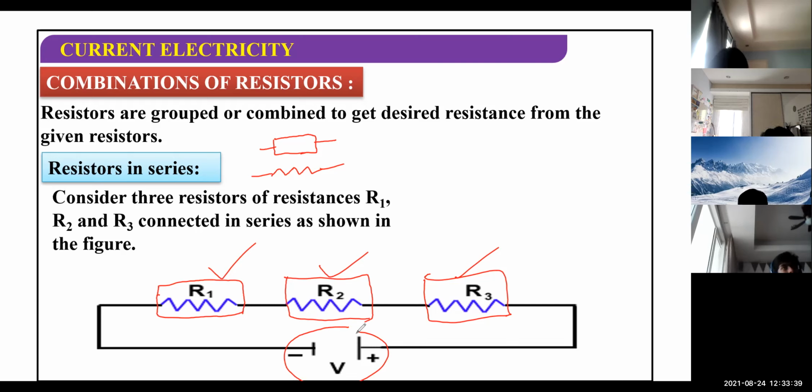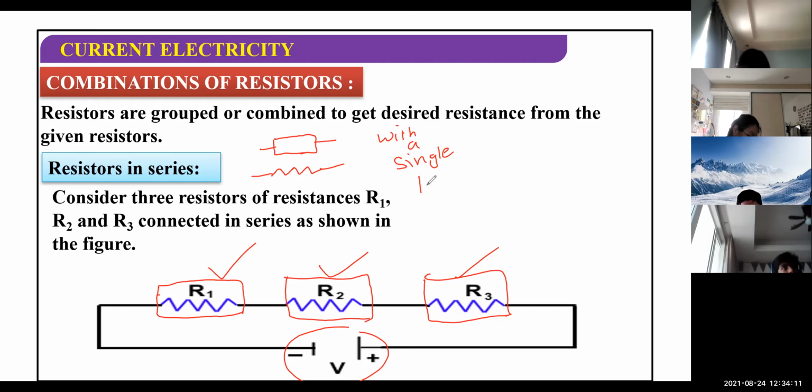This arrangement is a series arrangement. You can connect 3, 2, 4, 5 different equipments, devices, or instruments in series. And what is the meaning of series? Here, all the devices are connected one after another, with a single wire, in a single loop. Remember, let me write here: all the resistors are connected with